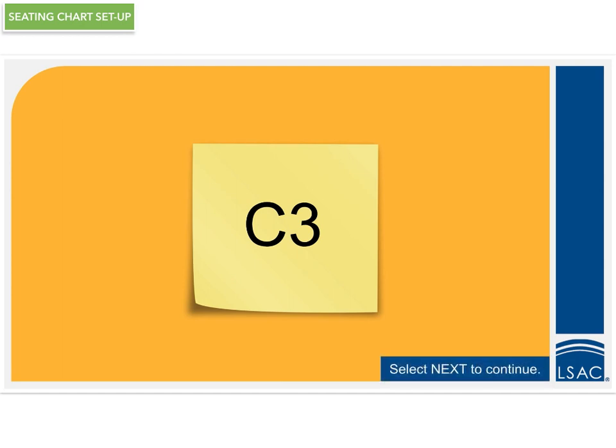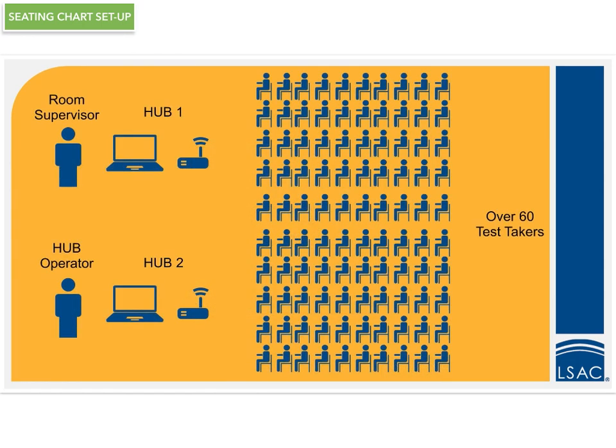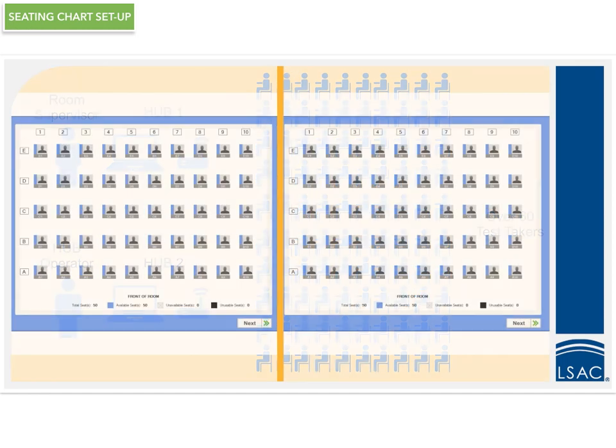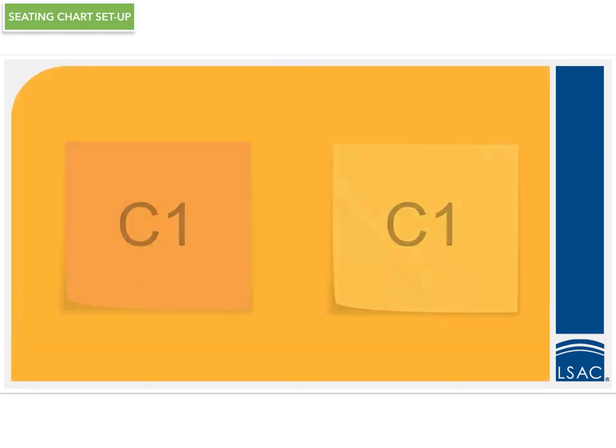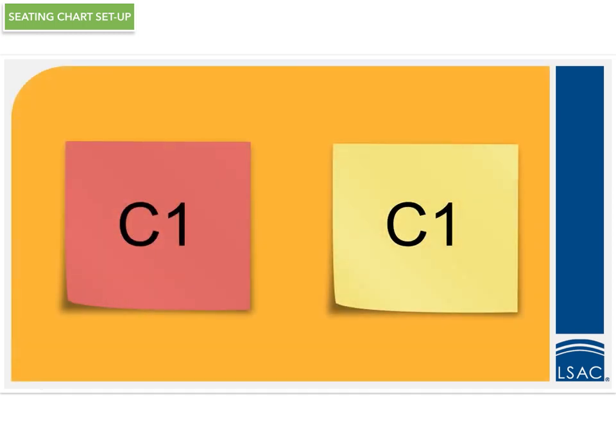If your testing room will hold more than 60 test takers, you will need more than one hub. The center supervisor, in communication with U-Exams, will need to determine how the room is to be split, whether that's 50-50, 60-40, or some other configuration that works for that particular room. The seating chart on each hub will be created for only that hub's portion of the room. When it comes time to label the seats, use two different colored Post-it notes to help identify the virtual rooms